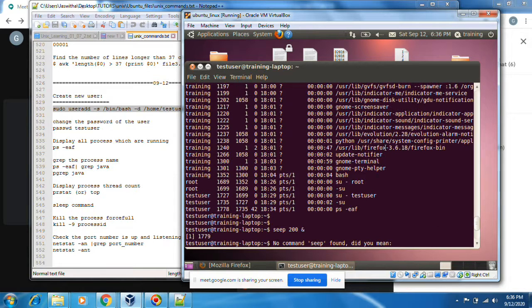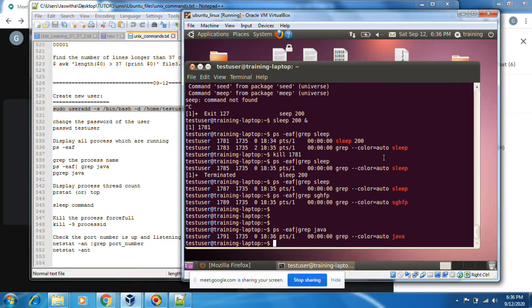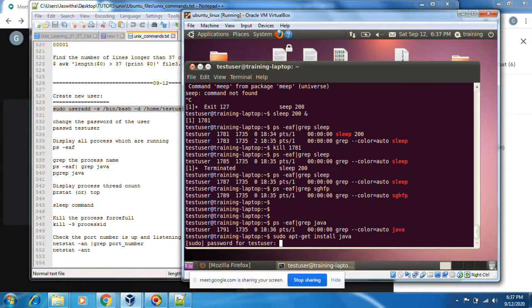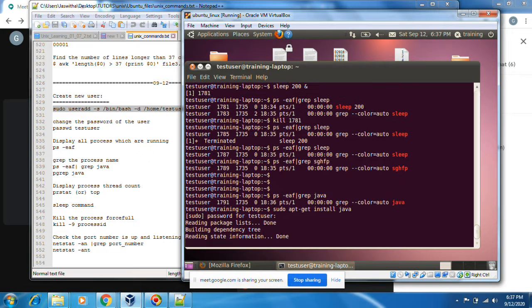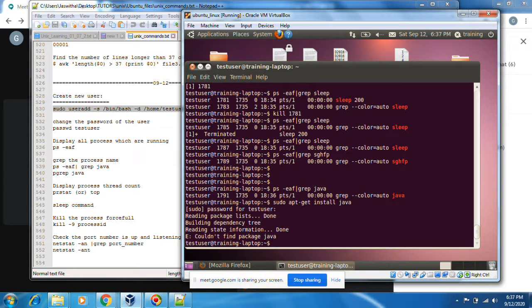If you want to install Java, let's see, sudo apt-get. Okay, it is not installing. If you want to install something, any C library or CPP, this is the only procedure.